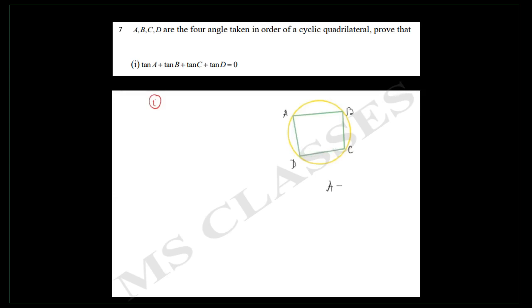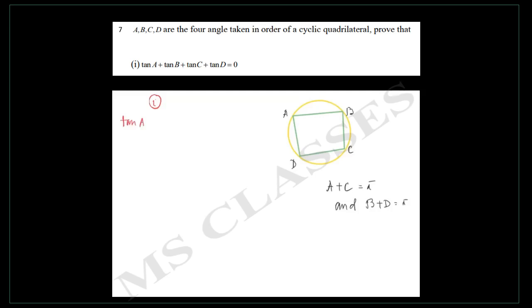Now A plus C equal to pi, and B plus D equal to pi. All of us know that in a cyclic quadrilateral the opposite angles sum to 180. Here the sum of the opposite angles will be 180. So that is what we have. Now if we take pi, the sum given